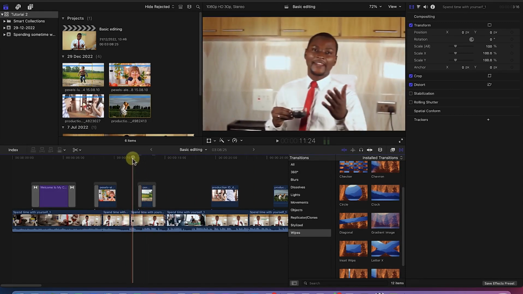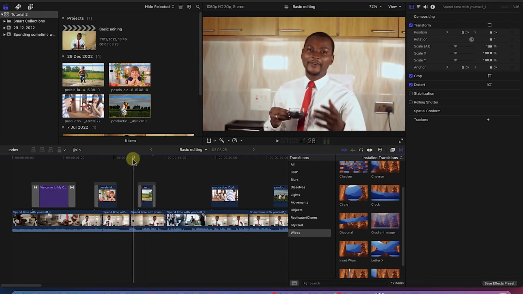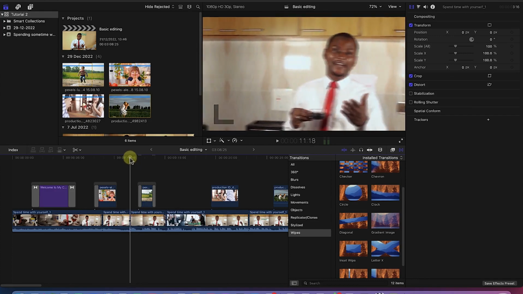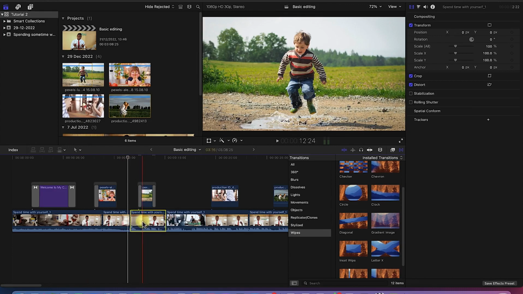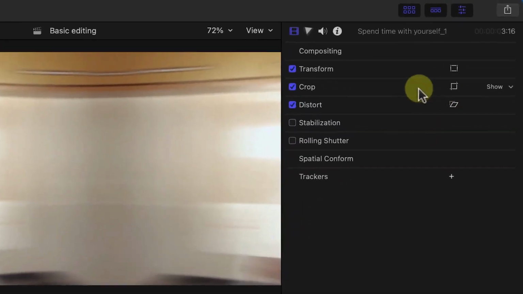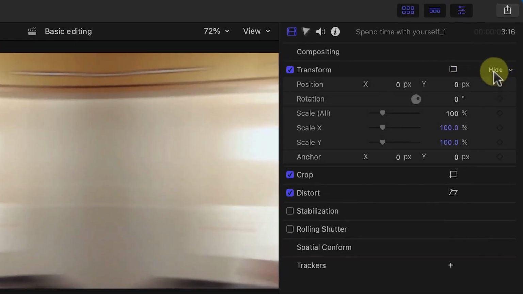All I need is just to zoom in on one of them. Okay, so for example, I select this one. Let me go back to my selection tool. I select this clip and just come to transform over here. You click on show over here, and then you can come to scale all. Okay, so scale all, you can just scale it to maybe 103 or 110,